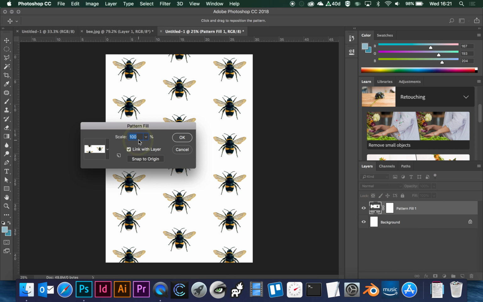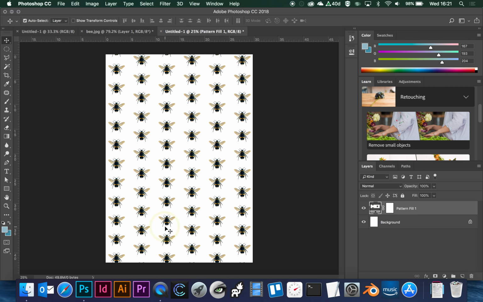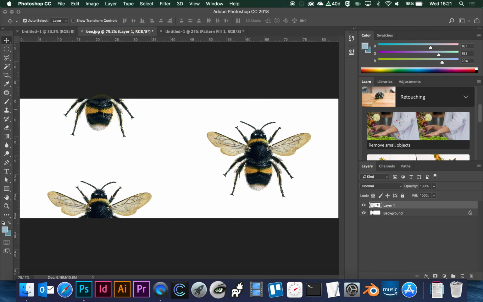And let's see what it looks like on a smaller scale. So I'm double clicking there when I do that. 50%. That's pretty good. Nice half drop image. If you want different spacing between these, you would need to make your pattern selection smaller. So if you wanted a really close spacing on the B, for example,